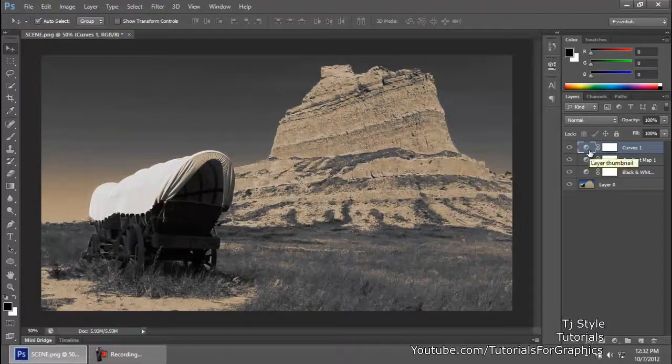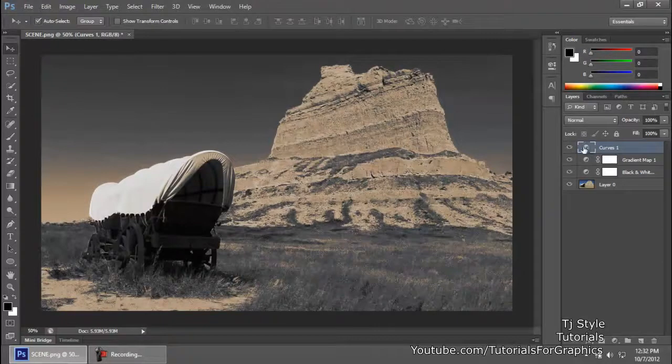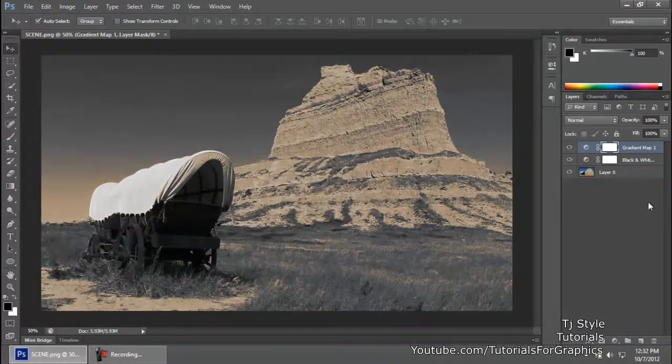If you want to delete any kind of adjustment layer, just select the layer. Okay, now right now I'm not selecting the layer mask. If you select the layer mask and drag it to the recycle bin, you'll be deleting the layer mask only. You can see that the adjustment layer is still there. You have to select the adjustment layer,